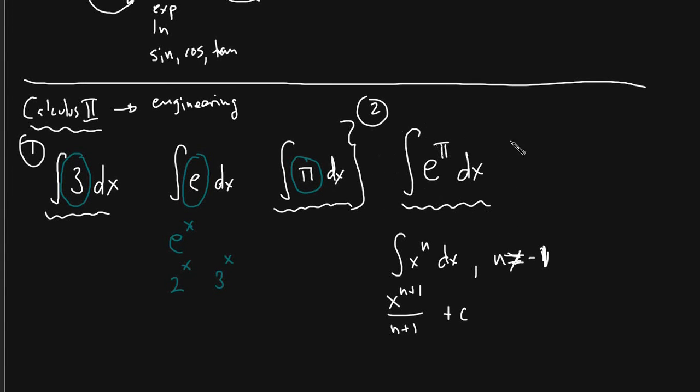So for the integral of e to the pi, I'll get wacky answers like this. I'll get answers like e to the pi plus 1 over pi plus 1. And this tells me that something has gone wrong. They're looking at the wrong form. Of course, this is not correct. The answer here is just e to the pi times x plus constant. So ask questions like this, right? E to the pi, pi to the e, and so on and so forth.